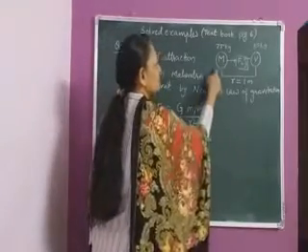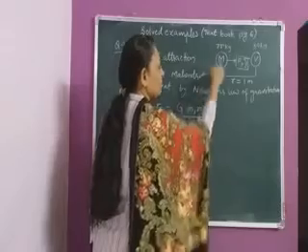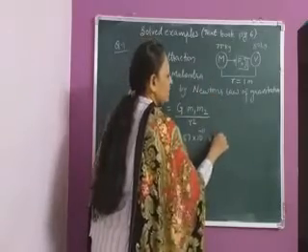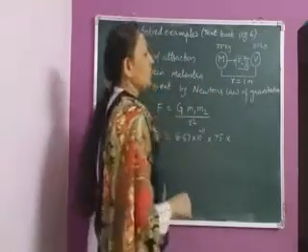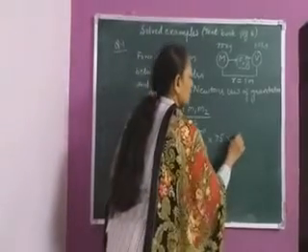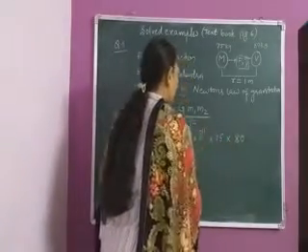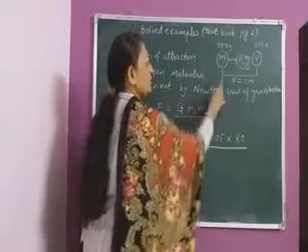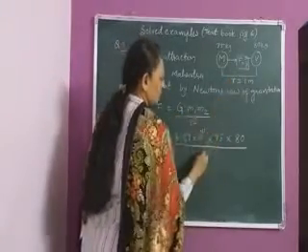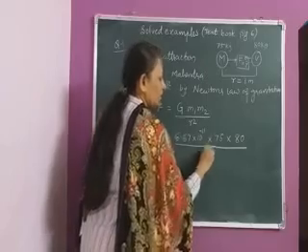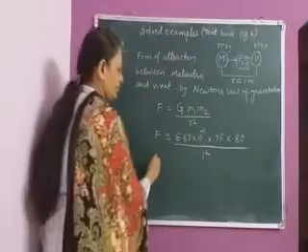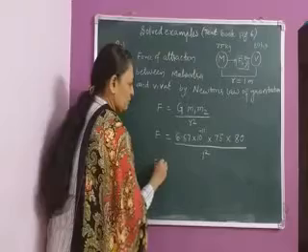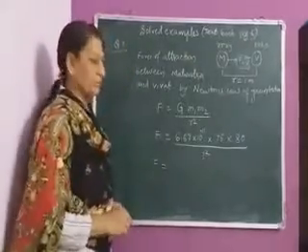M1 means the mass of the first object, the mass of Mahendra, which is 75 kilograms, and M2 is the mass of Virat, that is 80 kilograms, upon r square, the distance square, which is 1 meter. It means 1 square. So force is equal to, now this is the bare calculation,